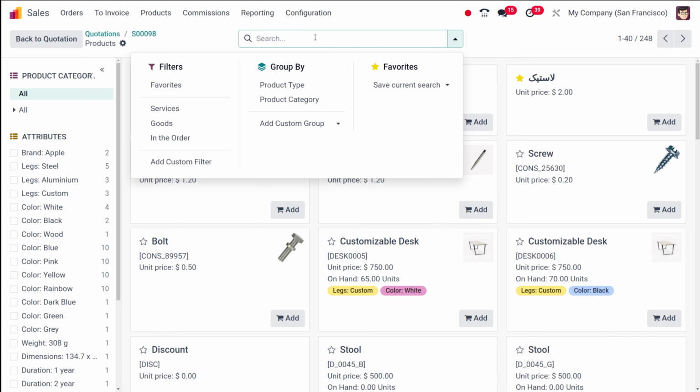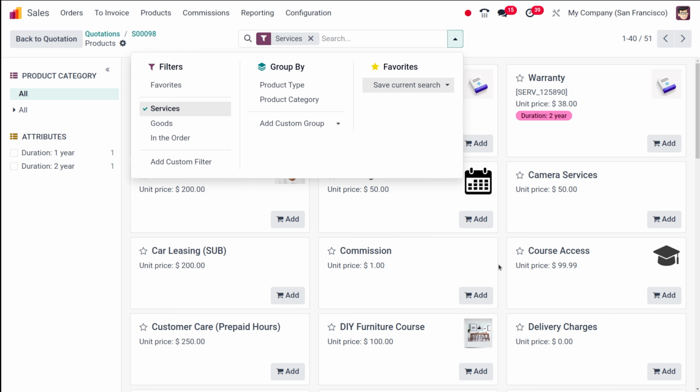To filter by product type, you can click the down arrow icon. So this one. On the right of the filter bar, you can see the arrow, and under the filters you can select services to show only service products. So here you can see only service products, or products for the physical items. Here service has been chosen. So I'll give you a pro tip.